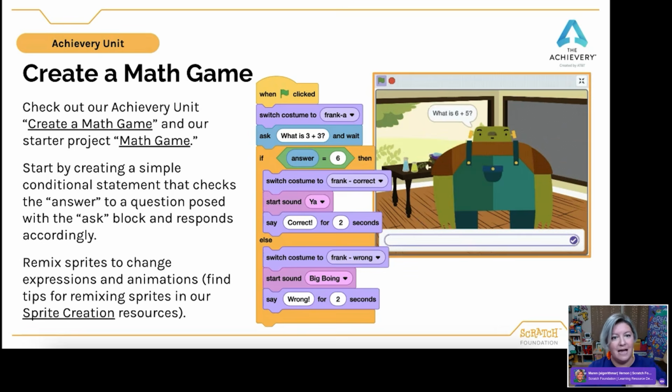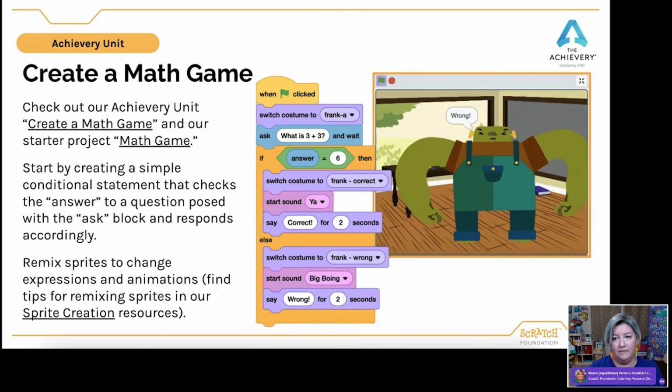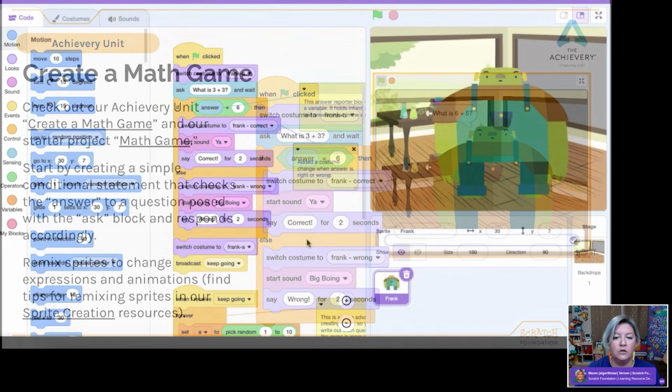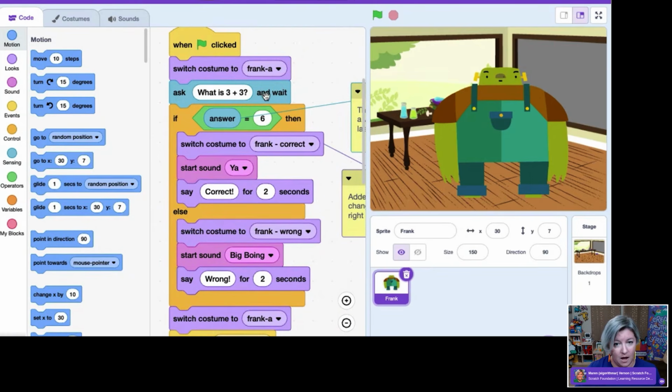Then the question becomes, how can we level this up? So if you look inside of that starter project, you'll see this first script shows using the ask block, checking if the answer is the correct one, and then doing something if it's correct and something if it is incorrect.